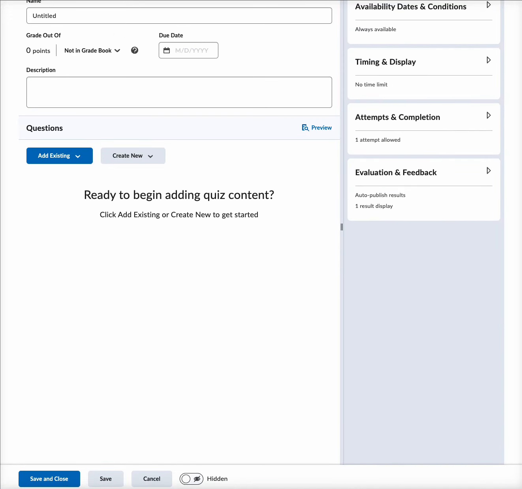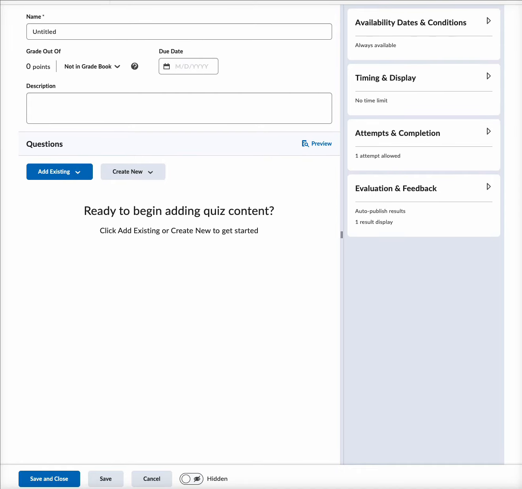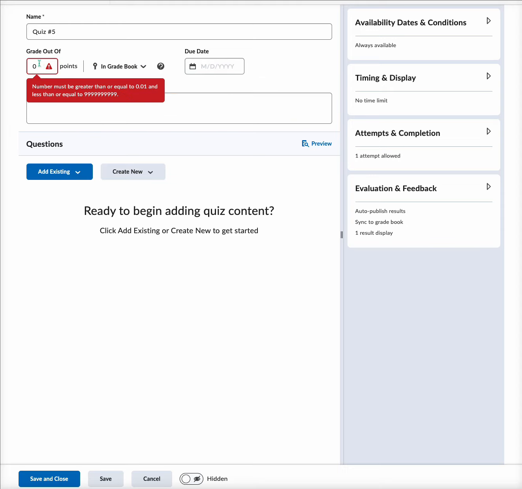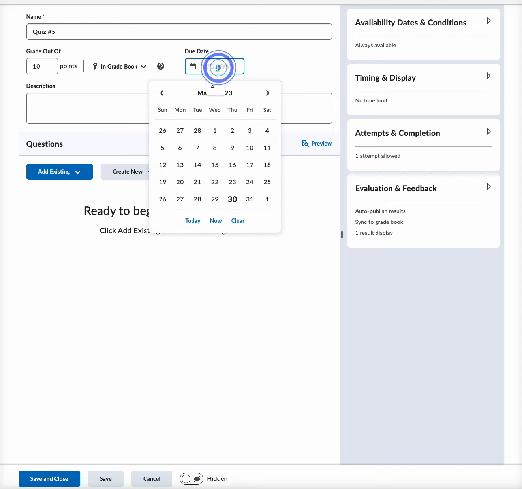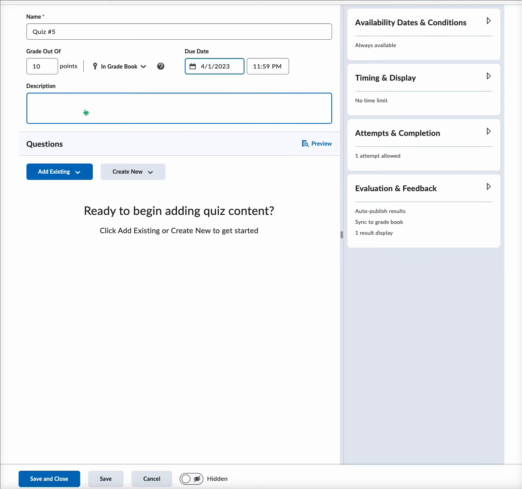And in here, you are going to have the ability to name your quiz. We'll just say quiz number 5. This is similar to what we just saw in another video about how to add something to Dropbox. These are your options, whether you want it in the gradebook or add it to the gradebook. So we do want this in the gradebook. And for quizzes, we are allotting 10 points. All right, and then we're going to put a due date for this, and we'll say it is going to be due in 2 days. And this is quiz